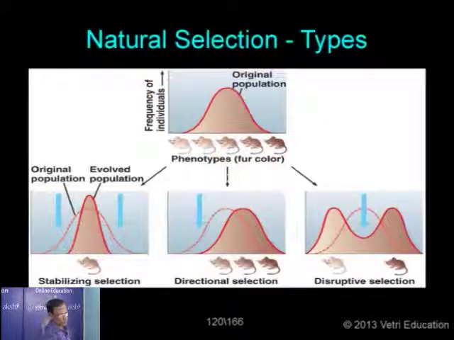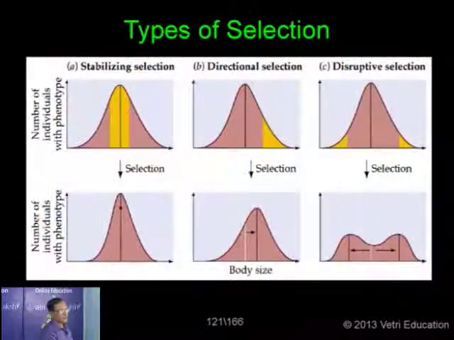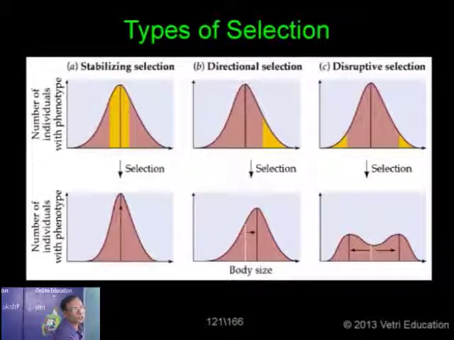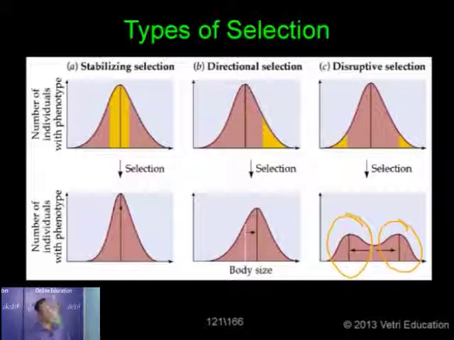Now you see here, the light fur color and the dark fur color individuals are selected because the entire population is split into two subpopulations. Now you see that it is operating from the center towards the periphery, so that we are getting two subpopulations or two species populations. As it is operating from the center towards the periphery, it is called centrifugal selection.